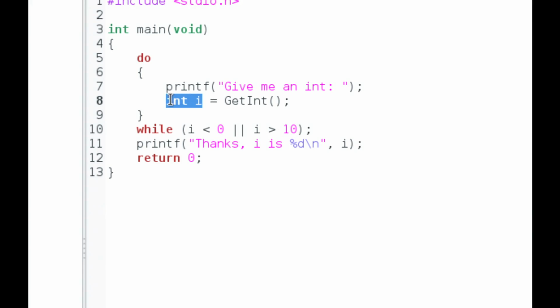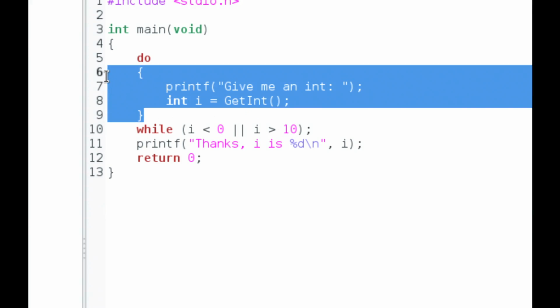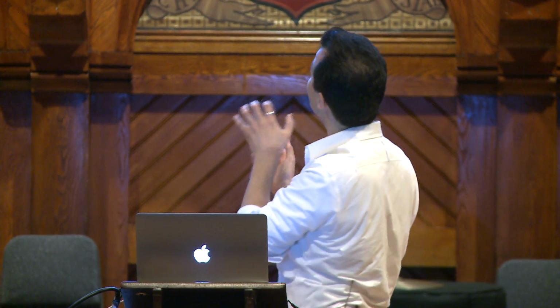Exactly. So this actually leads us to a topic known as scope. It turns out that C, again, really takes you literally. And if you do something like this, where you declare an int and then assign it some value, but you do that inside of a pair of curly braces, what C does is it assumes that you only want those 32 bits, known as i, to exist within the context of those curly braces, within the context of lines 6